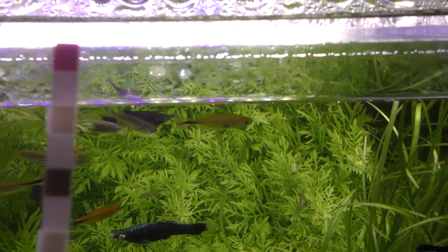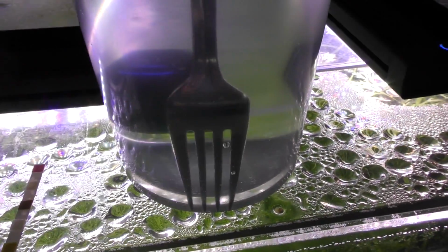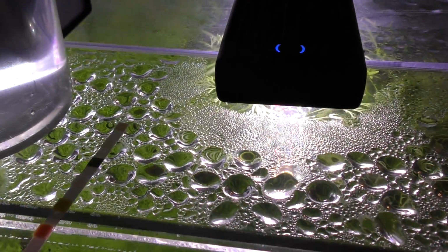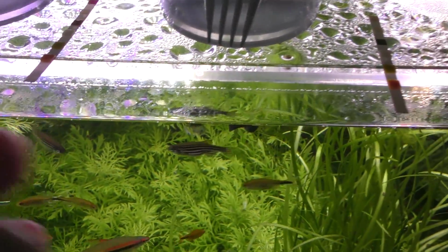Okay, so now we still know with a test kit, oh, we've got nitrogen in there. And then we put in just some dechlorinator stuff, and I would bet you this is just gonna look like my normal tap water here, because I don't think it's gonna have anything we can really register. So now we've got parameters, but we also have meters, and that's where you can see, like, this meter didn't